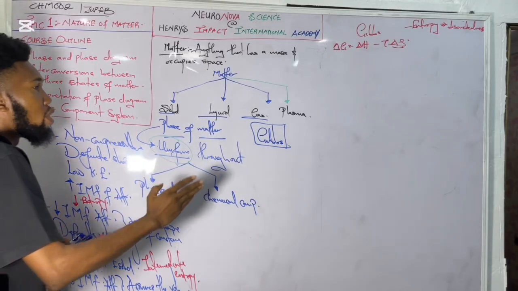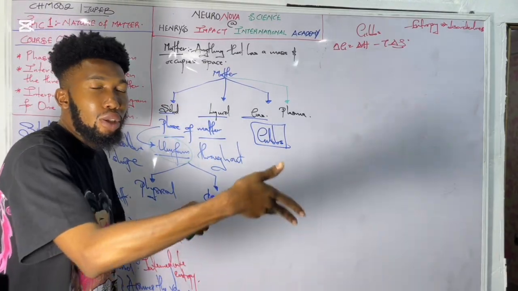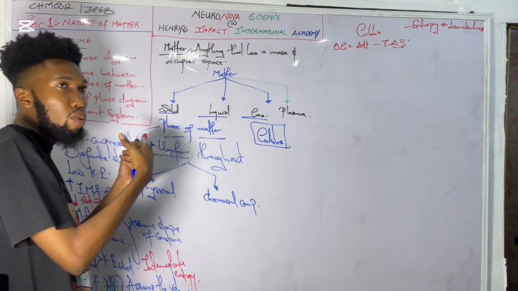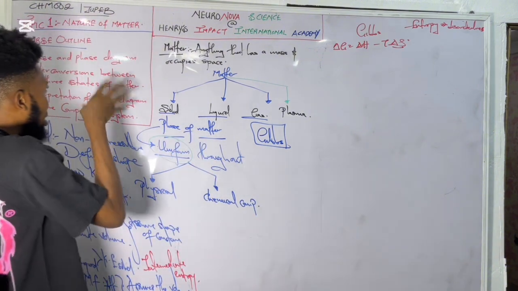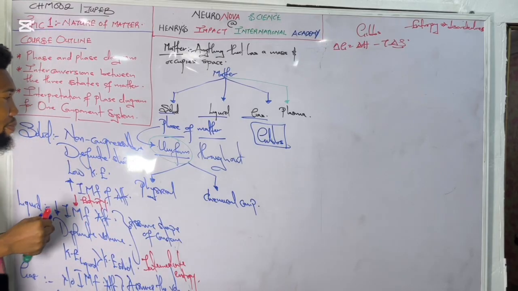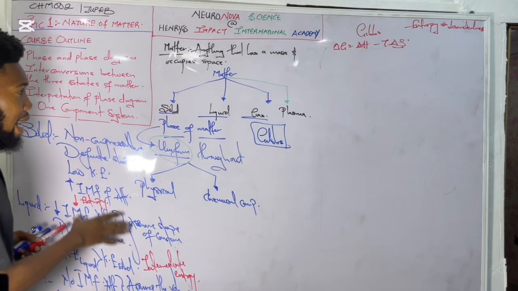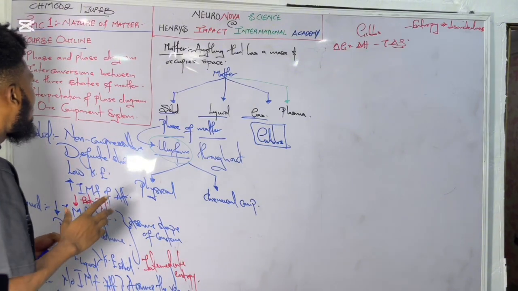What has to happen for the solid ice to turn to liquid? What has to happen for the liquid to turn to solid? Those are things we're going to be studying in this concept. Okay, good. Having known the three states of matter and their characteristics, the next thing that we want to look at